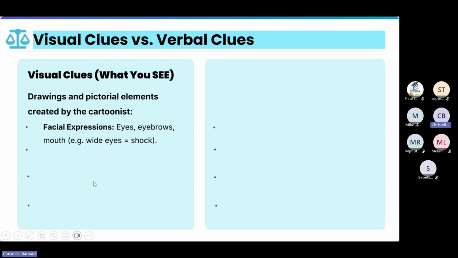So the first one, facial expressions. That's everything that has to do with your face. If you look at your friend who sits next to you and you want to show them with your face that you are angry, what will you do with your eyes? What will you do with your mouth? So there's a facial expression. Your face shows that you are angry, or if you're happy. That will be a facial expression.